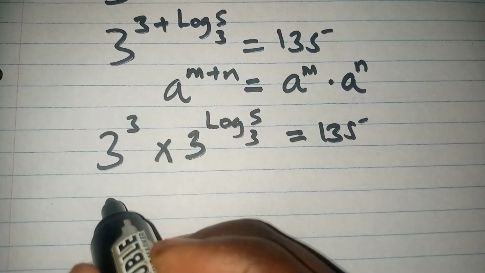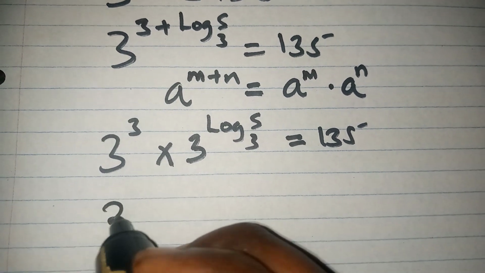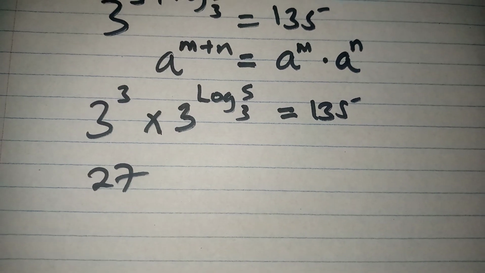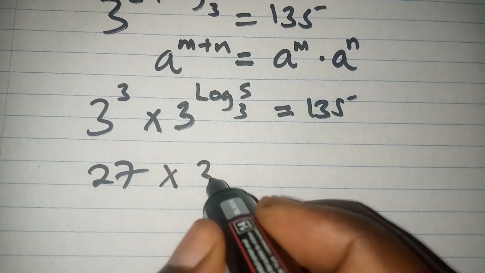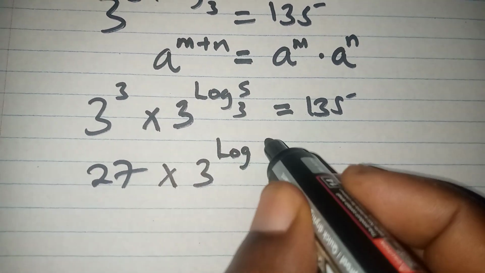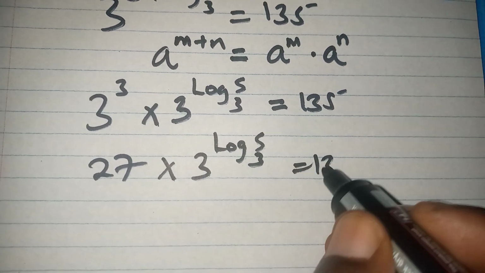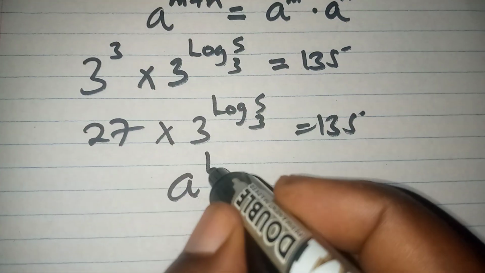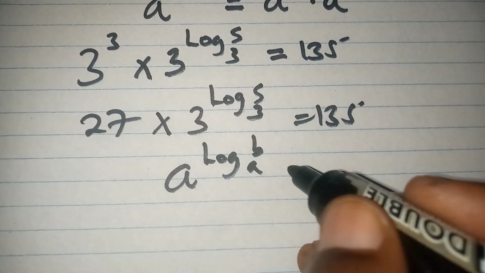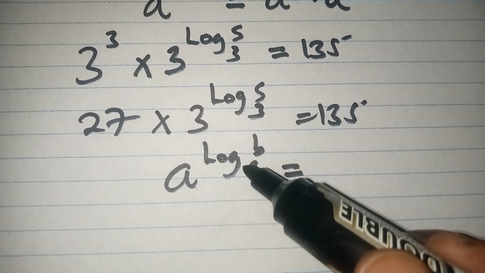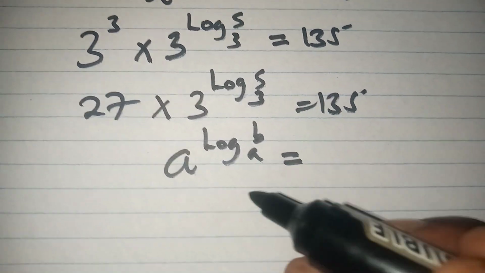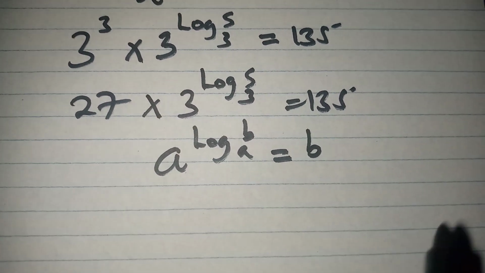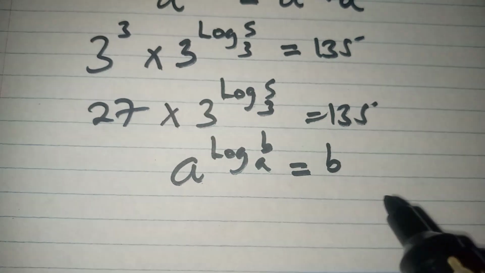3 raised to 3 goes without saying is going to give us 27. So 27, and then I multiply by 3 raised to the log of 5 base 3 is equals to 135. And then I'm going to recall again, if I have a raised to log b base a, when the bases are the same, as you can see here is a and here is a, then it goes without saying that my answer becomes b. So applying this relationship there,